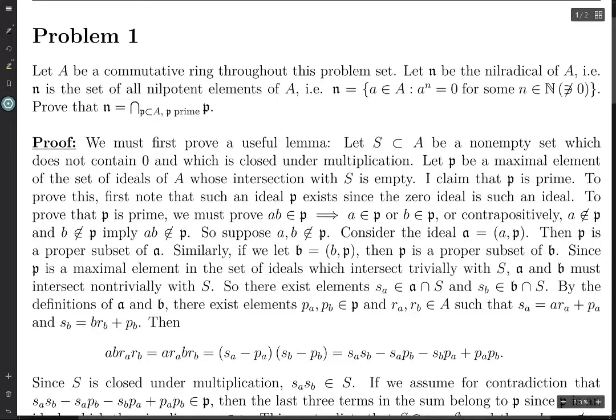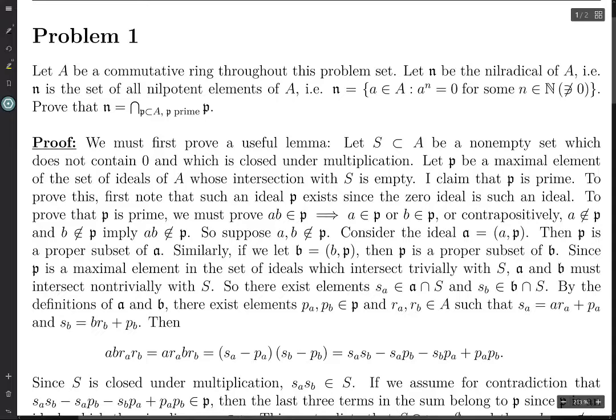The fact that A and B contain P implies that A and B must both intersect non-trivially with S. In particular, there exist elements SA, which is in the intersection of A and S, and SB, which is in the intersection of B and S. So what does this mean? How can we write these elements of SA? Well, we know that